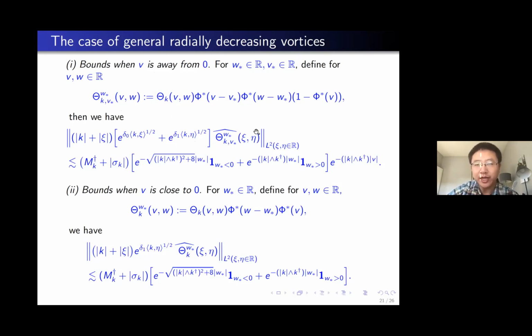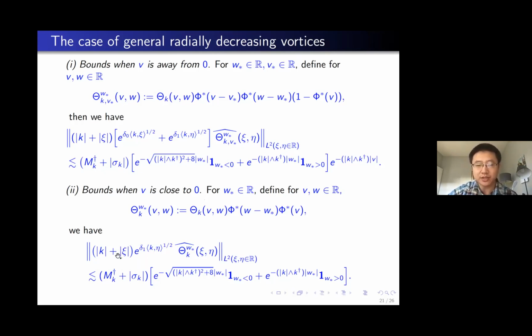You take the Fourier transform, so W becomes eta and V becomes psi. Then this is Gevrey regular both in V and W because V is away from 0. If V is away from 0, this function is smooth in both V and W. Moreover, it's smoother in V than the data, and you also have the decay. But if V is close to 0, then this function is smooth in W, but no longer smooth in V.